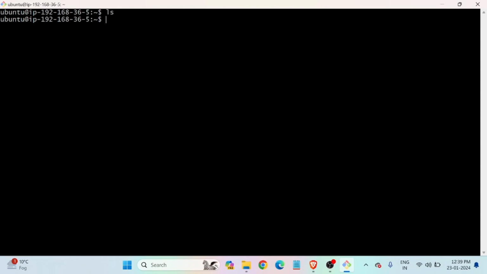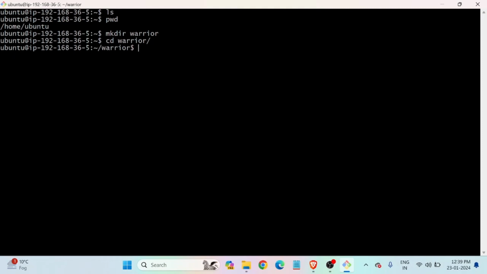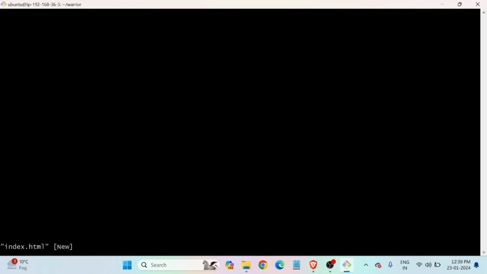Let's try to do something practical. In Ubuntu, I make a directory with my name, warrior, and then go into warrior, and here I will make a Dockerfile. First of all, I will create a web app, a small web page. So I go to vim index.html and then enter, and here in insert mode,